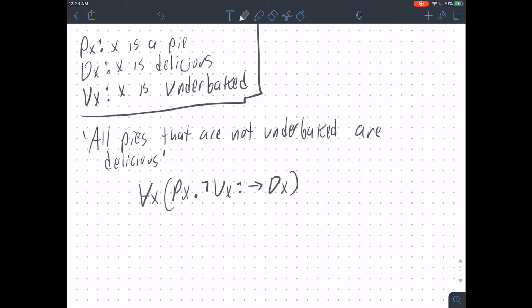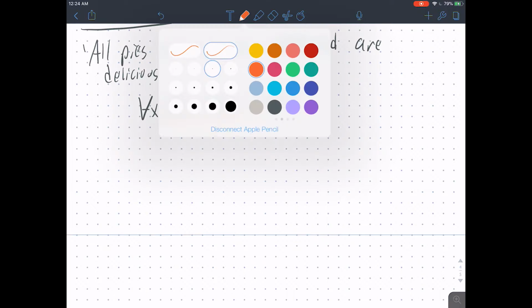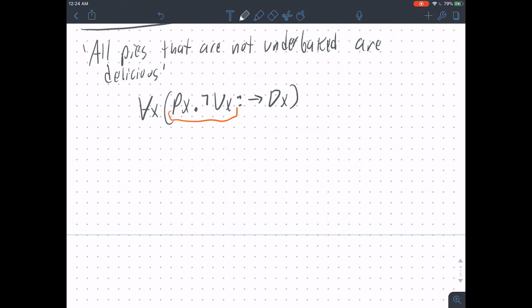Again, reading this in the formal logic keys, we would read it: for every x, or every x is such that if x is a pie and x is not underbaked, then x is delicious, right? And the reason why we have to have a conjunction in the antecedent here is if we had alternation instead,